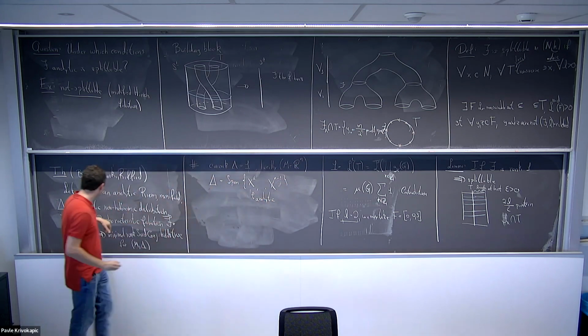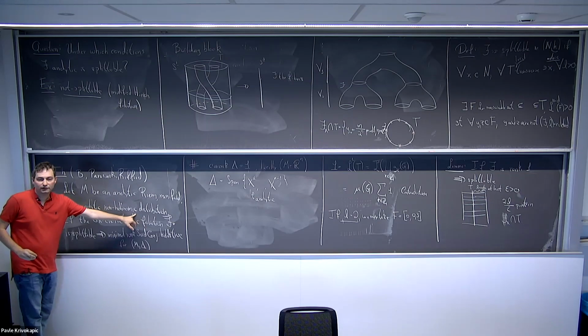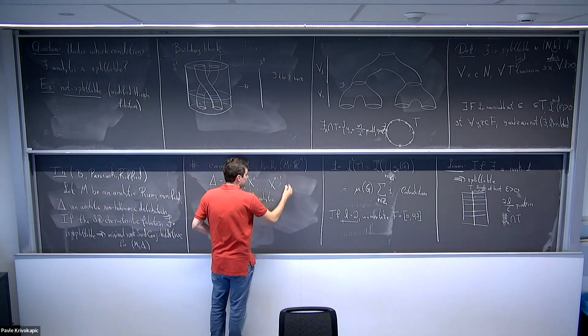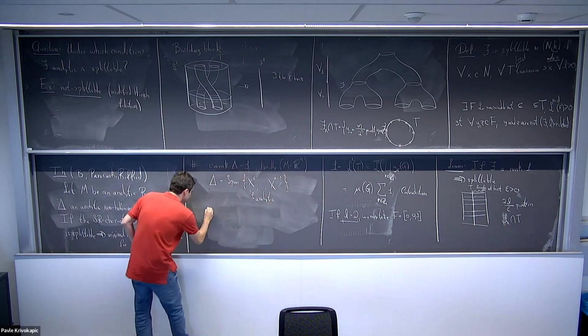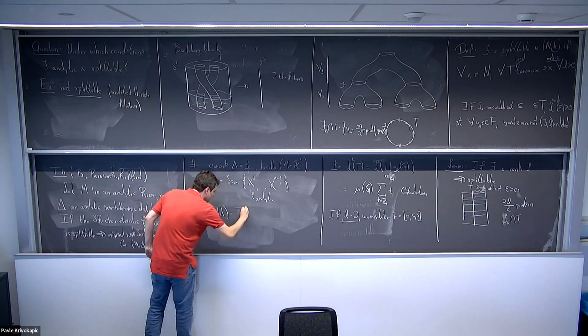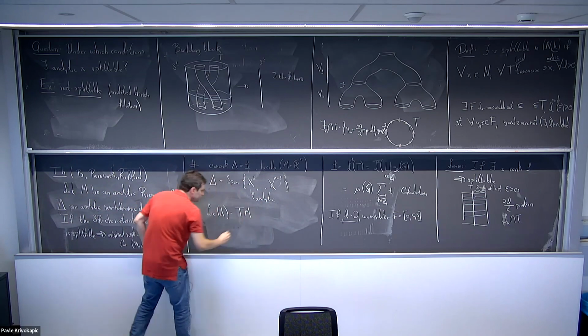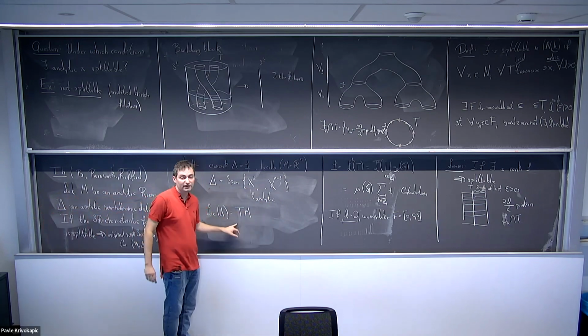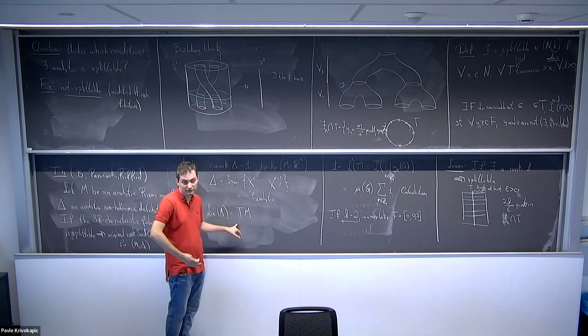And the condition of being non-holonomic means that if I take the Lie brackets of all of them, then I'm going to generate the whole tangent bundle. So this is, to some extent, the opposite of being a foliation, right? I'm taking all of the Lie brackets and I generate everything, so I don't have leaves.